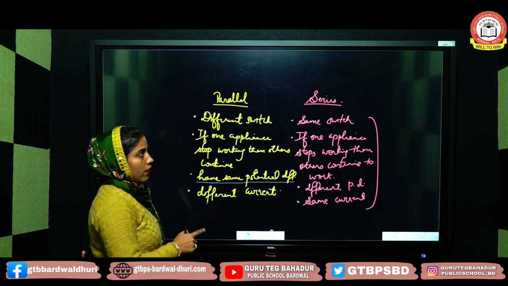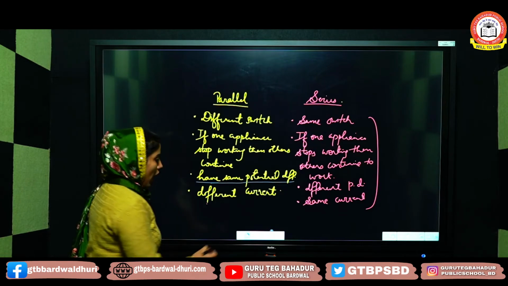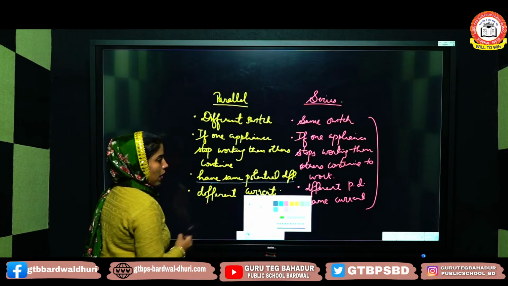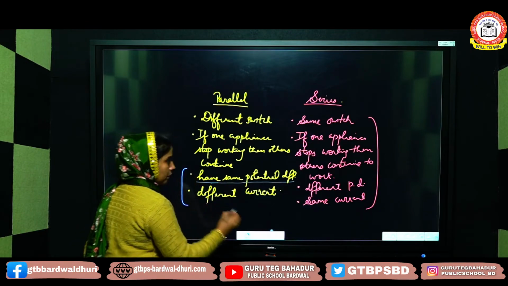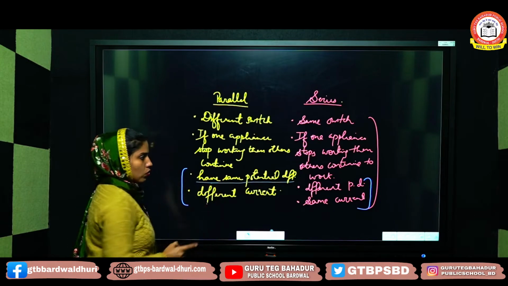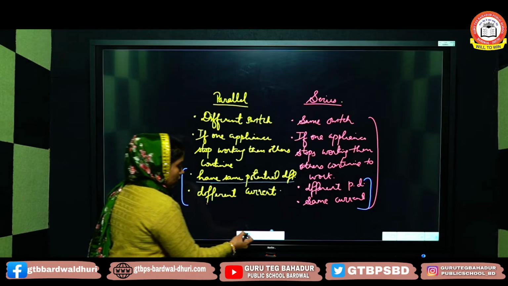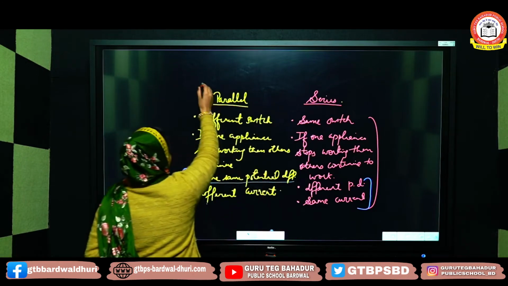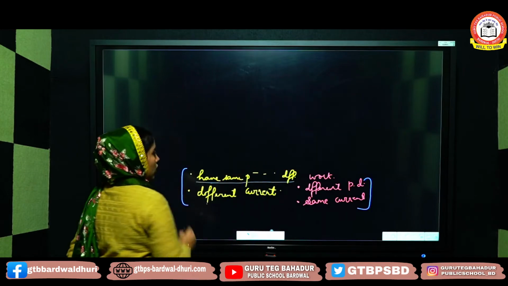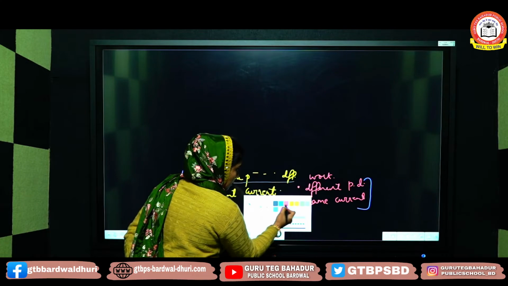So now I will start with the mathematical portion, and the main thing that we have to keep in our mind while doing the series and parallel combination are these 2 points. So if we know about these 2 points, then we can easily do derivation also. Like I'll start with the derivations of both. I am not erasing the last 2 points because they'll help us in derivation. So here I'll do for series combination.